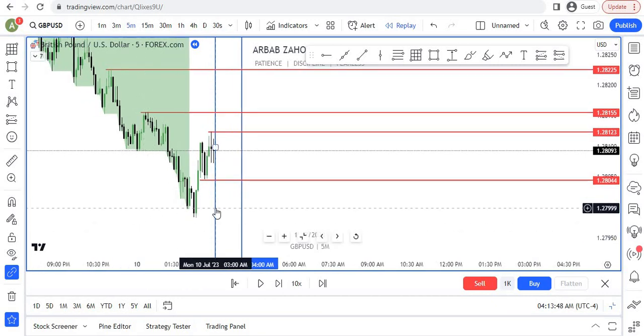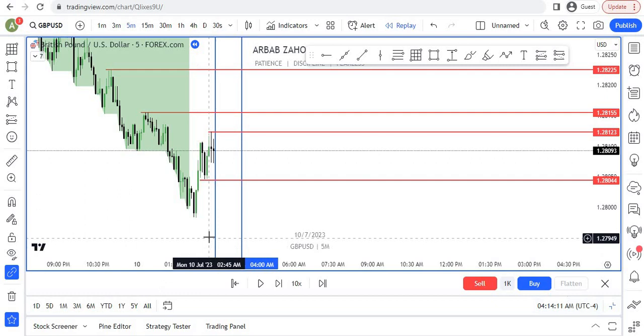Before that, we have to mark out 3 a.m. and 4 a.m., the start of London. Make sure in TradingView your chart is on UTC-4, the New York time. In New York, 3 a.m. morning is when London's session opens. Before that, you have to mark out the recent swing points